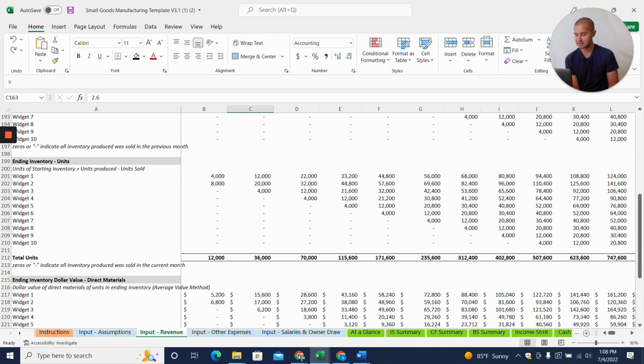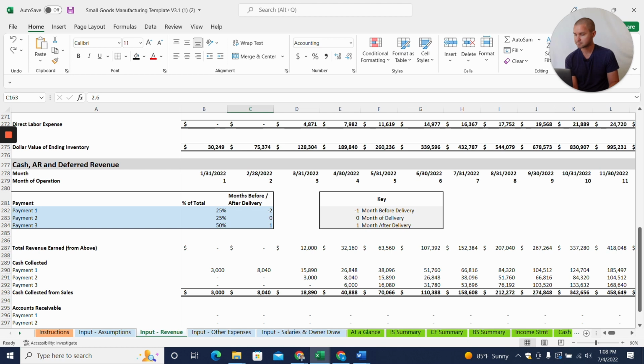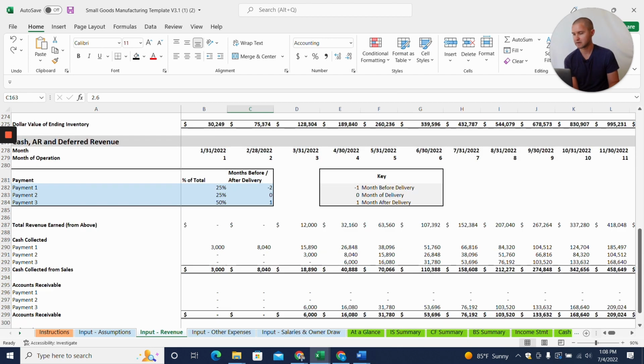All right, so that is really it. The rest of these are just tables and equations. And we do have some cash flow pieces here. A lot of times a manufacturer will get some payment up front, like before production starts, and then maybe some payment when production is complete, and then some payment at delivery.